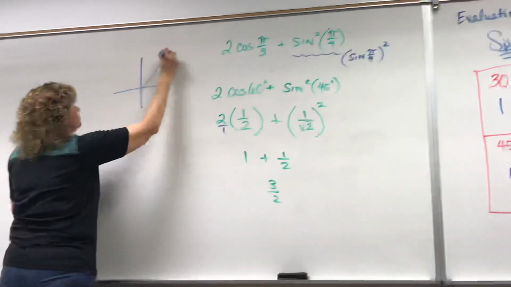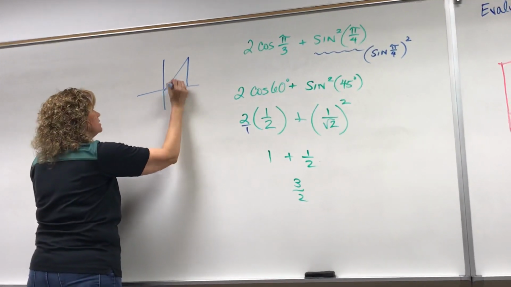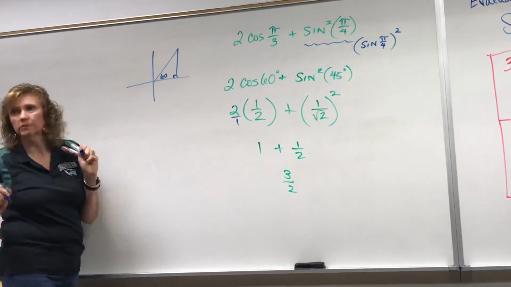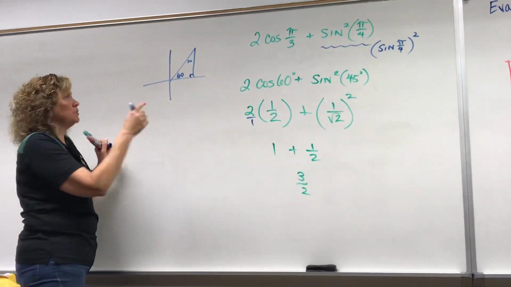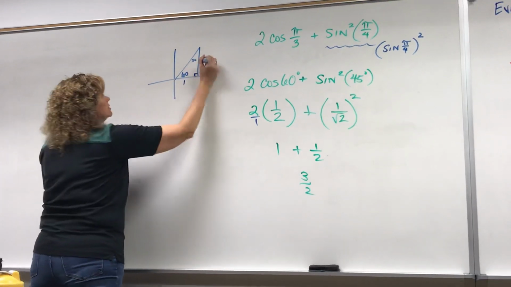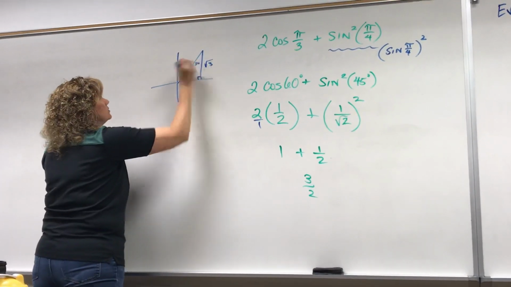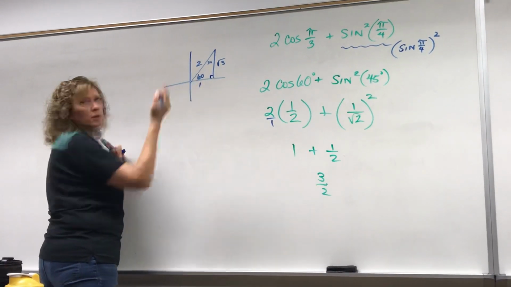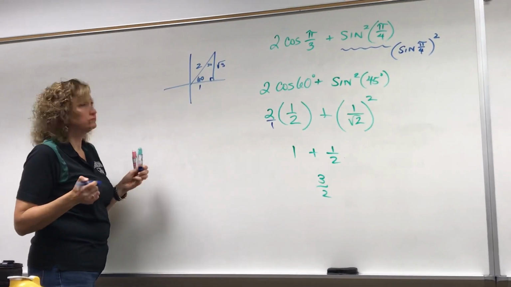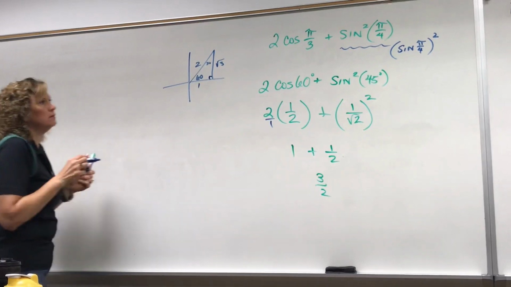60 degrees puts me in the first quadrant. Here's 60. Drop my perpendicular. Opposite 30 goes a 1. Opposite 60 goes a root 3. Hypotenuse is 2. Cosine is adjacent over hypotenuse. Got it. Sine, opposite over